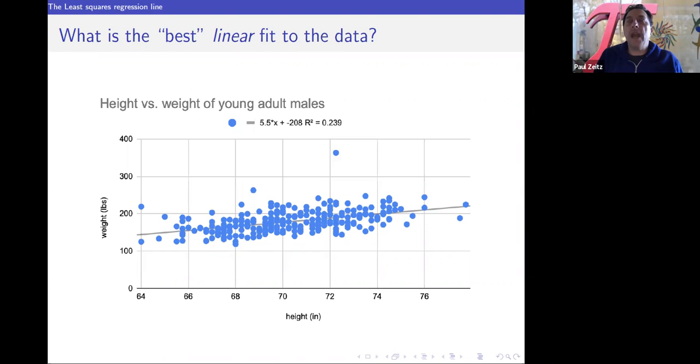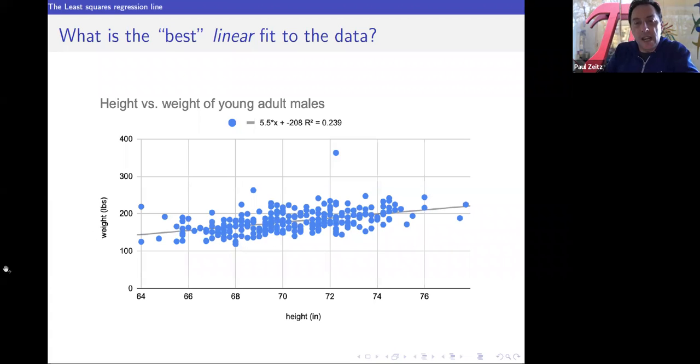And so what would happen is the actual answers would be deviating from 180 pounds. The variance of that would be the full variance of the weight of the population. So if you were to merely guess 180 pounds, then all of the variation of the weights, which is the response variable, you're not losing any of that variation. In other words, you're not explaining any of it.